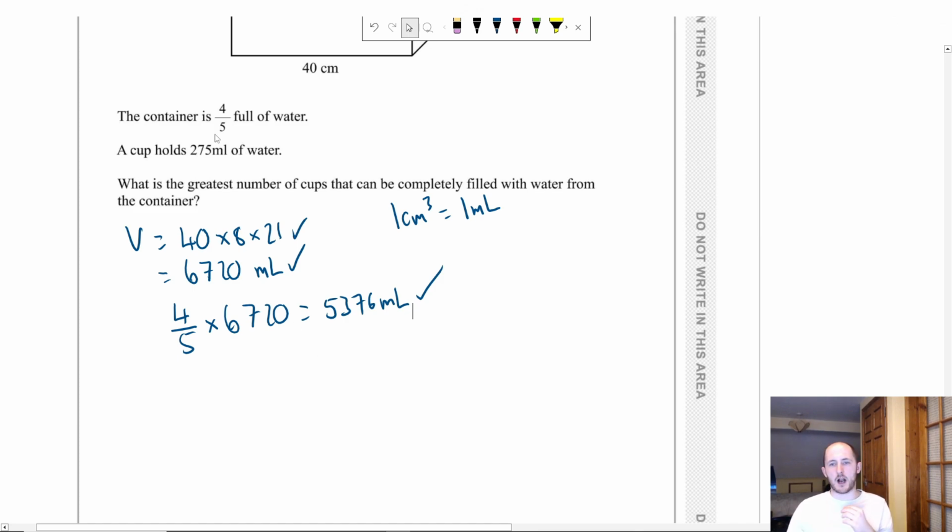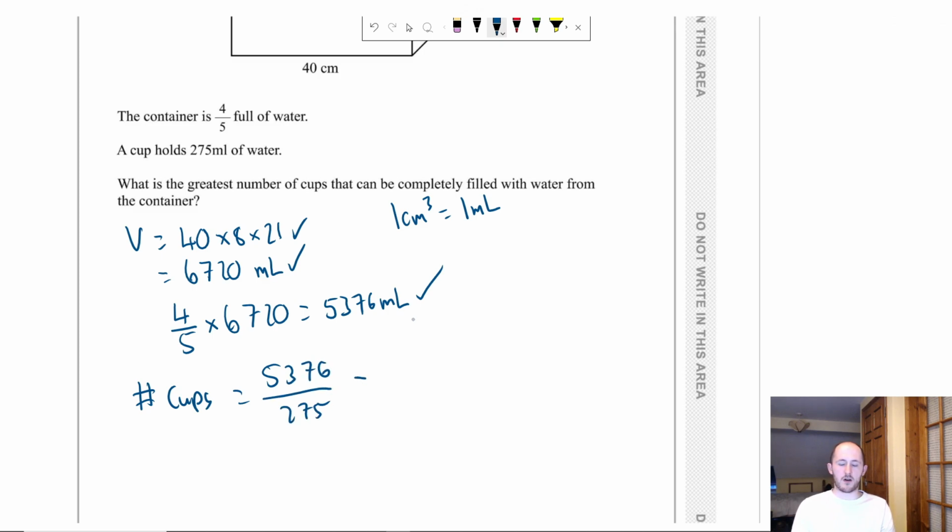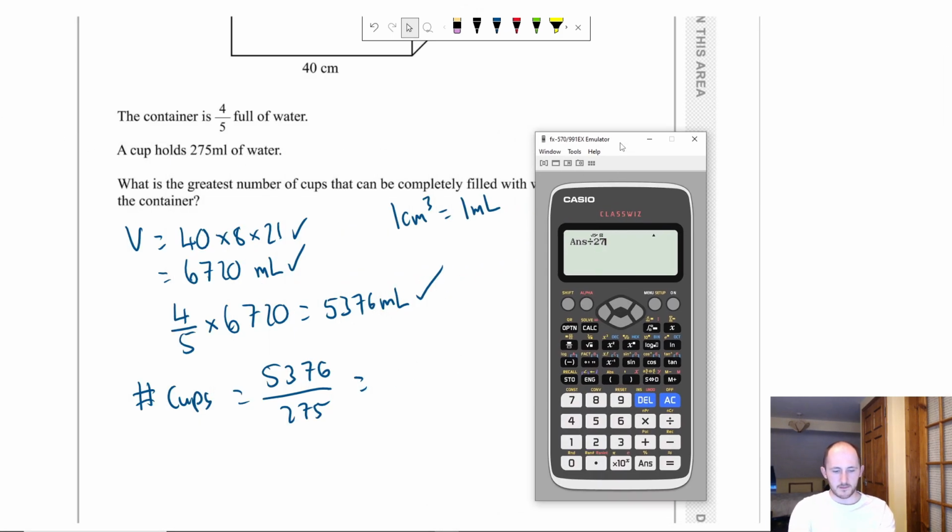We need to work out how many cups fit into this. So what we could do, if you're insane, is to just keep adding 275 until you get to 5376. Best way to do it is to divide, okay? Because this will tell you how many times 275 fits into 5,376 over 275. And we're not going to get a whole number, which is A-OK, because that's part of the question. I get an answer of 19.5999, blah, blah, blah,